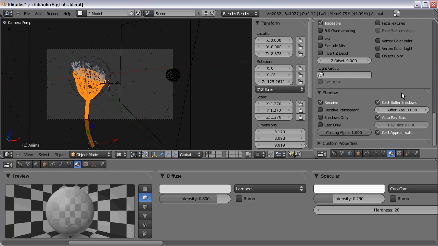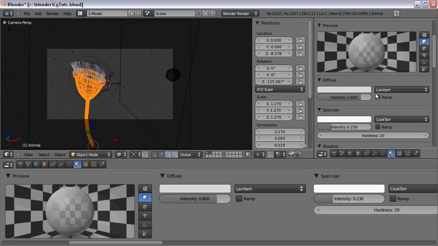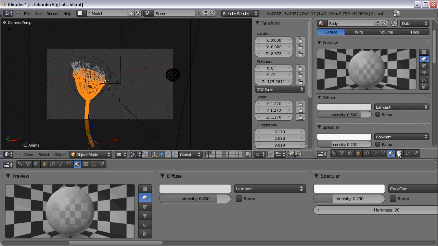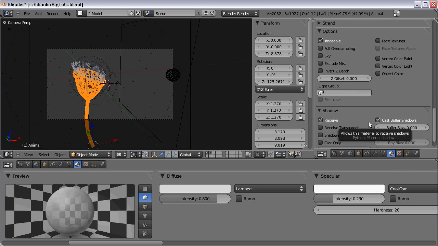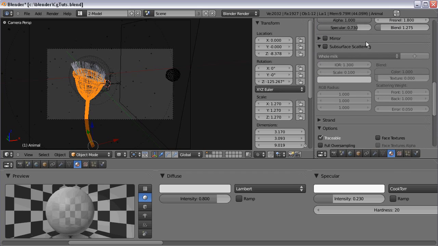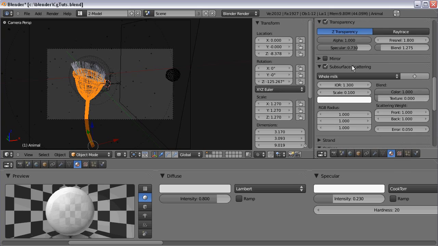And what other options do we have here? Not that important for the moment. What other options have we here? There is the subsurface scattering, and subsurface scattering is a very nice way of making